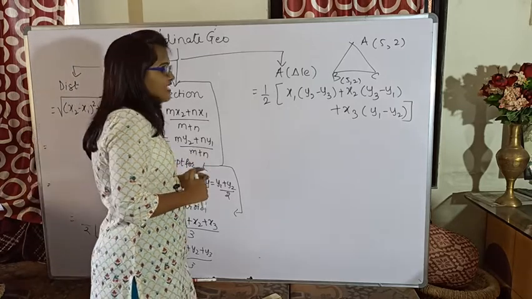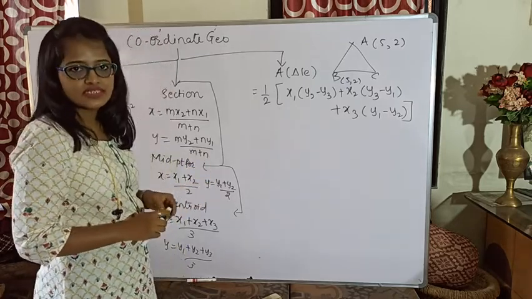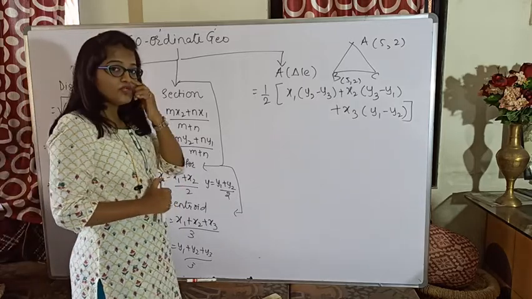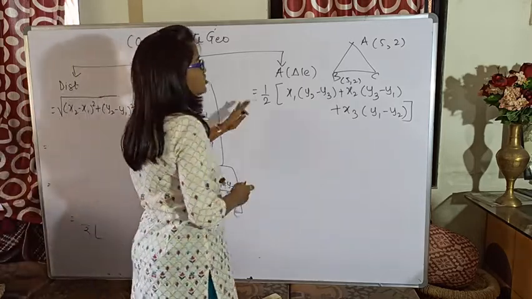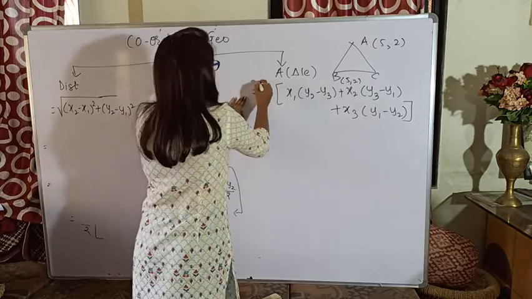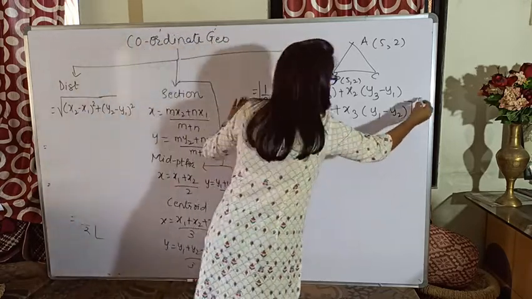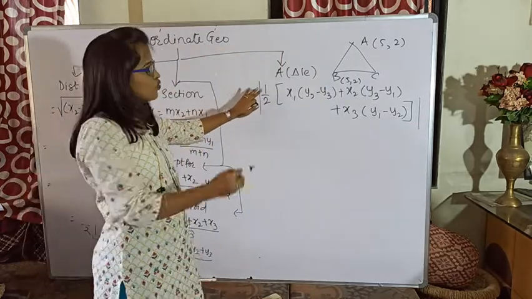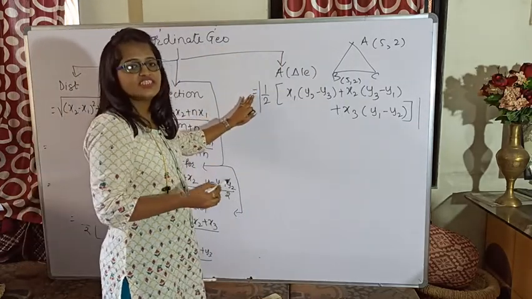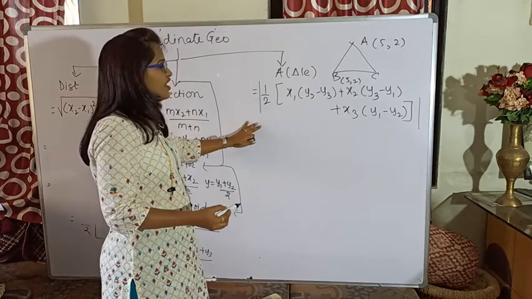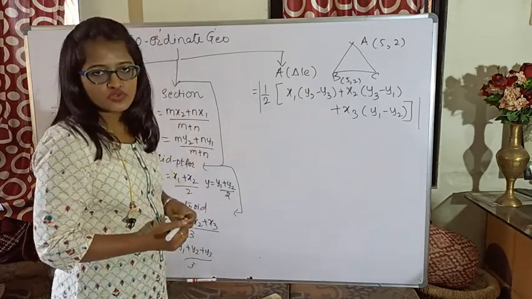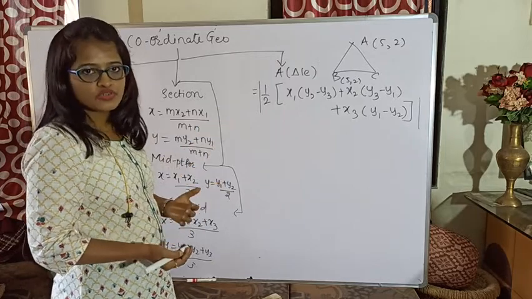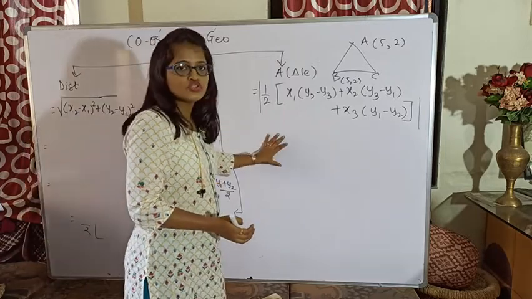Okay, but can an area be negative? No, area can never be negative. So what we will be doing for that, we will be making one change in this formula. So instead of just writing it, we will be writing this whole formula under the modulus. Modulus means whatever value you are getting in it, whether it is negative or positive, the final answer will always be positive. See, taking different coordinates does not mean your problem is wrong. Only the final answer should be positive.